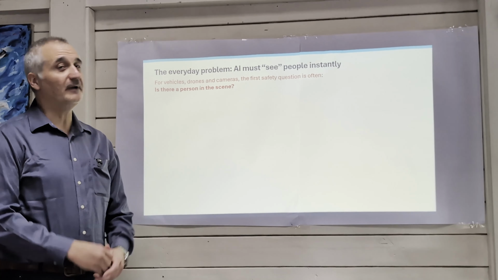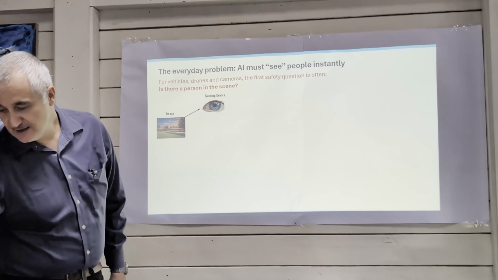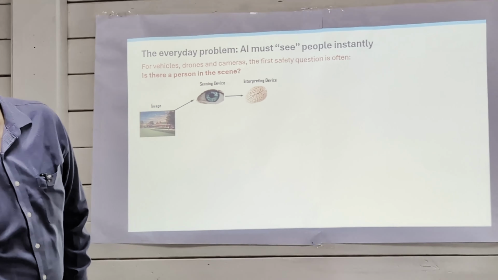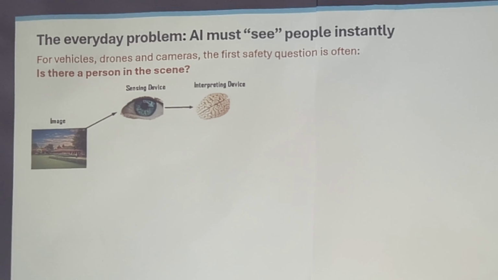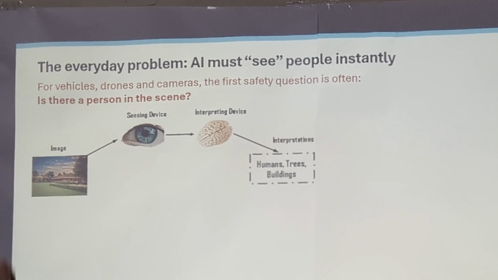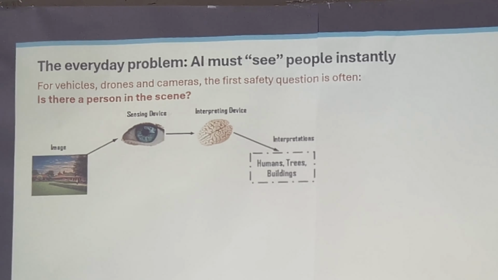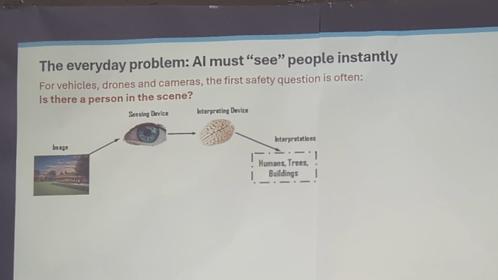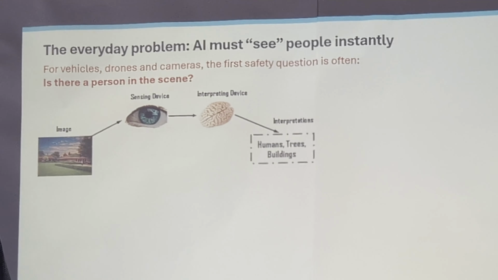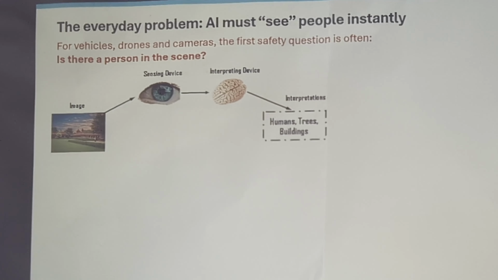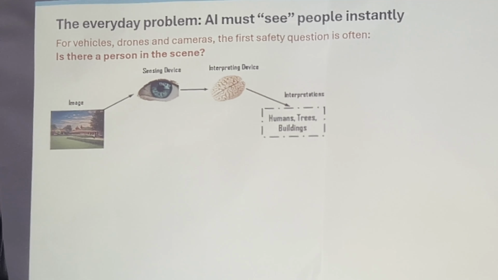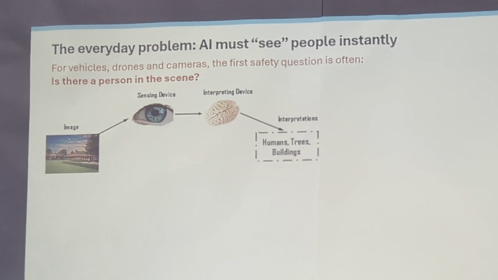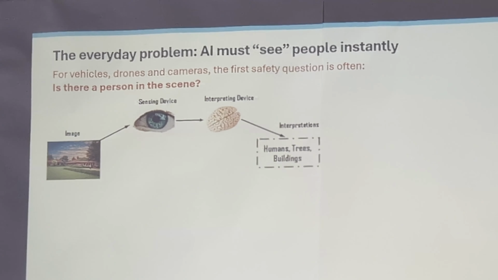Now, the imaging system that we're all familiar with is basically our eyes that sense the image, and then our brain is the interpreting device, and then we decide whether there's a human or not. We're biologically wired from childhood to pick up things. We obtain repetitive information, and that gets written in our neural net.